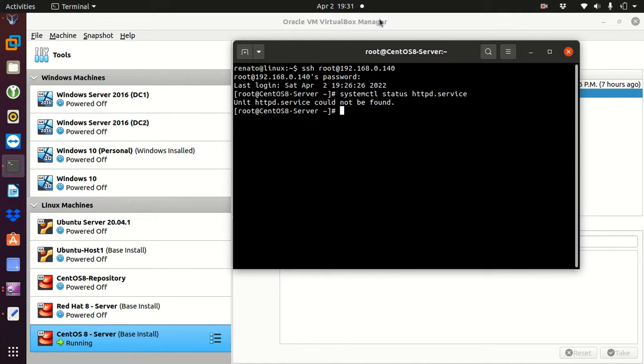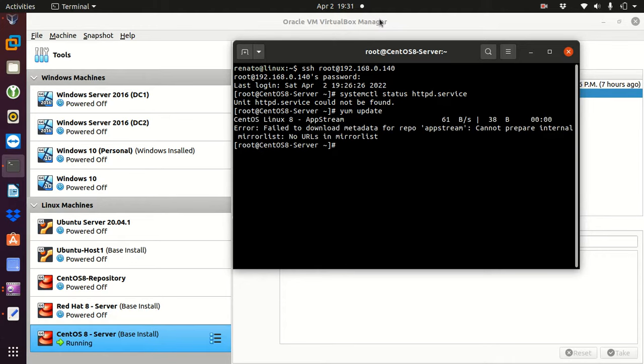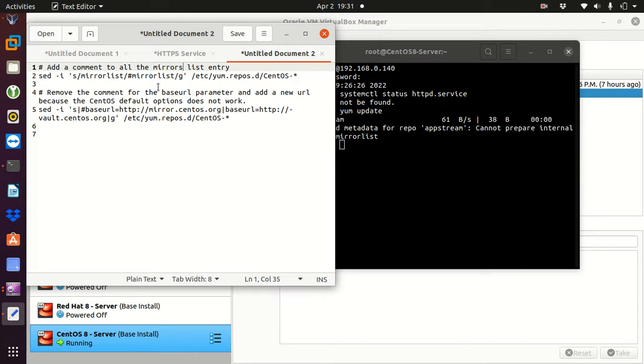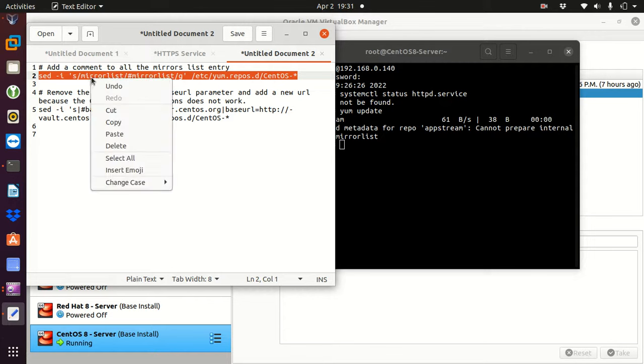But first, the default option for the repositories for my CentOS 8, for some reason, doesn't work. So if I go here, yum update, it shows it cannot prepare internal mirror list or something like that. I'm gonna change it. There is this option here. I'm gonna add a specific comment to all the mirrorlist entries. I'm gonna copy this